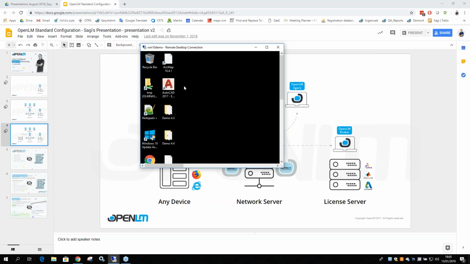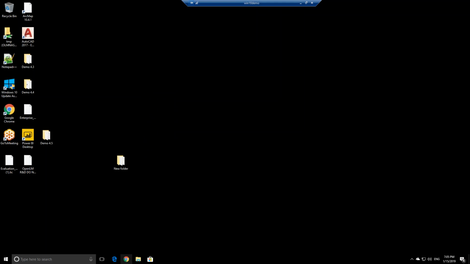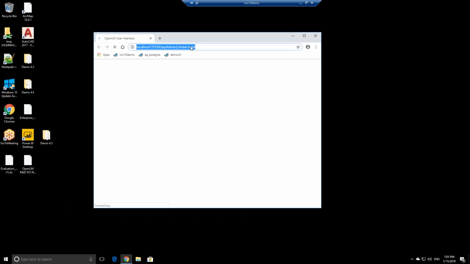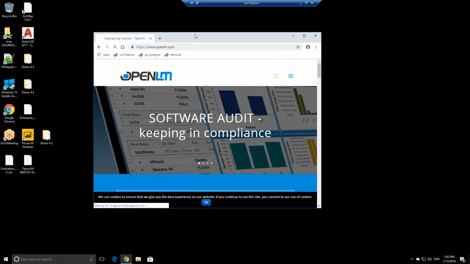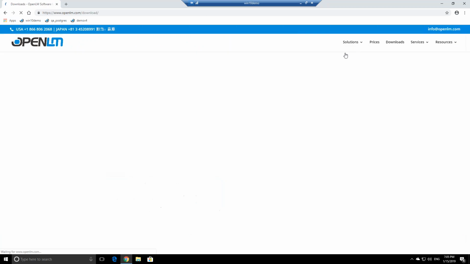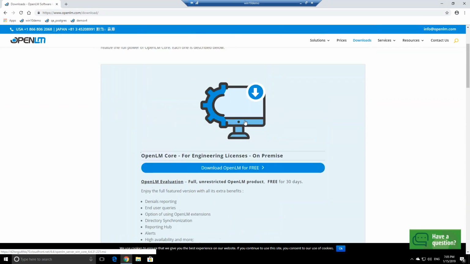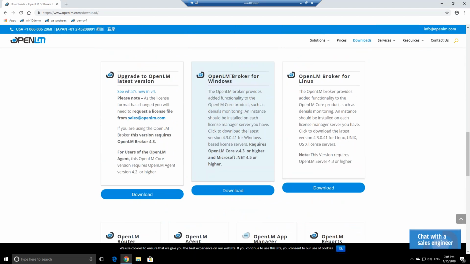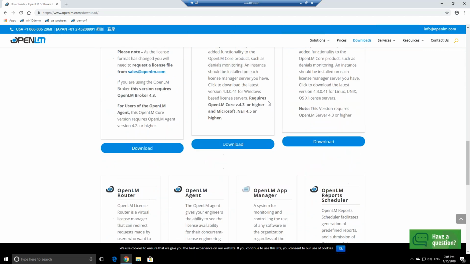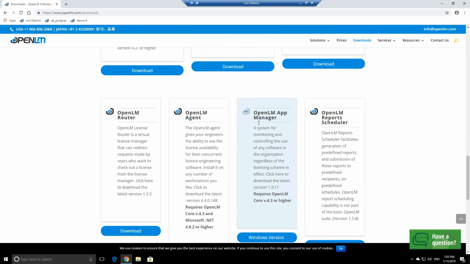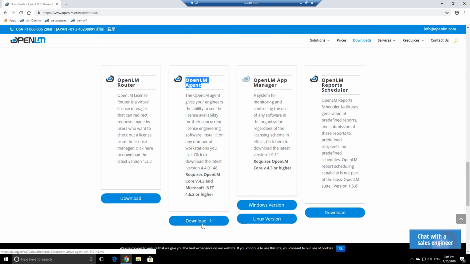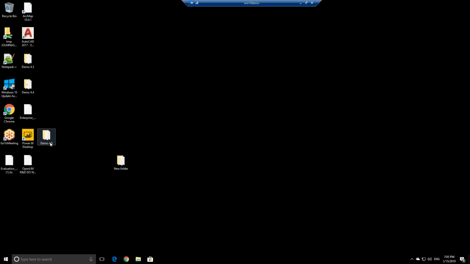Let's see how easy it is to install the OpenLM system. First thing, you just need to go to the OpenLM website, openlm.com, and go to downloads. You can download the OpenLM core, the OpenLM server, here, then download the OpenLM broker here. You can download it for Linux or Windows, and the agent can be downloaded from here. Once you have downloaded all of the components that you need,